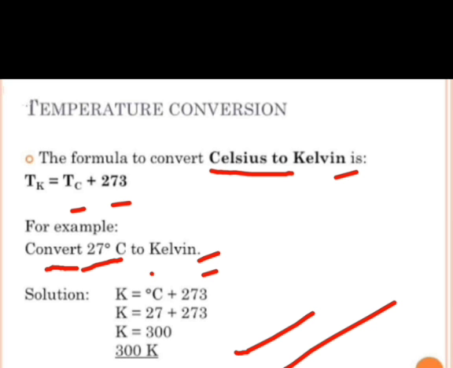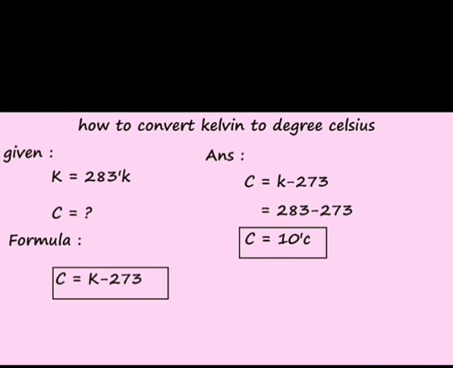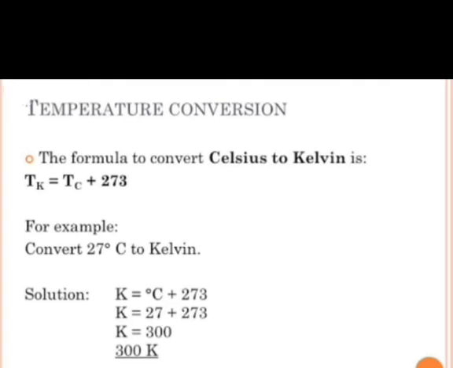So here we have to remember two formulas. First, when we convert Kelvin to Celsius, C equals K minus 273. If we convert Celsius to Kelvin, then we have to remember this formula: K equals C plus 273. These are the two formulas you have to remember to convert the temperature from Celsius to Kelvin or Kelvin to Celsius. I hope this